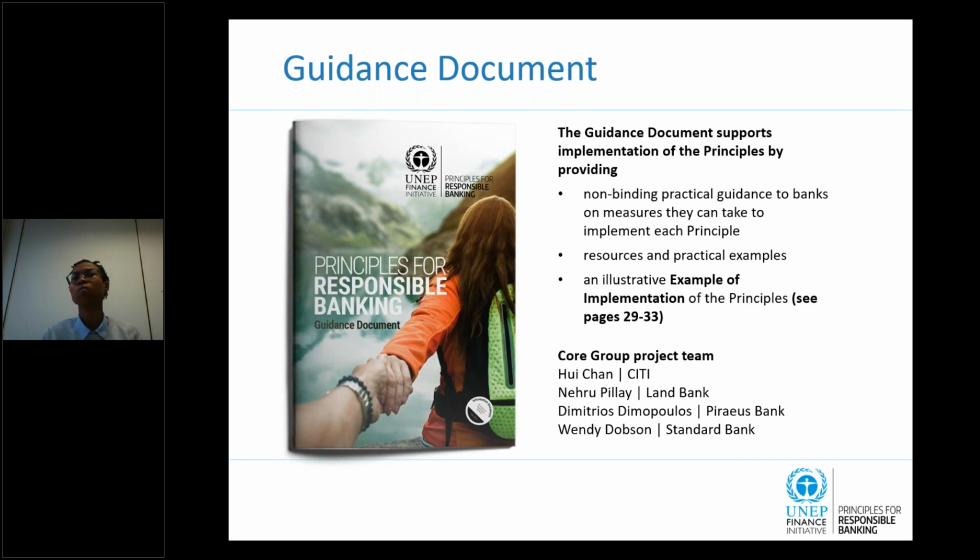For example, the SDG Compass, or maybe even the science-based targets, or maybe the international labor standards for different social goals. So it gives us different resources for each one of the principles for us to be able to have more frameworks and more resources to implement. So on the next slide, I think that this might be the end of this part.